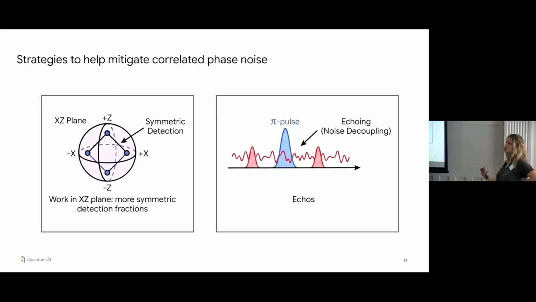Okay, so we wanted to understand our data. We wanted to still use logical state tomography to check if cultivation is doing the right thing. And in order to mitigate these problems, we added some echoing, which is noise decoupling, in order to echo out some of this coherent noise. And then we also worked in the XZ plane, because then at the tomography step, the tomography measurements match the stabilizers of the code, which